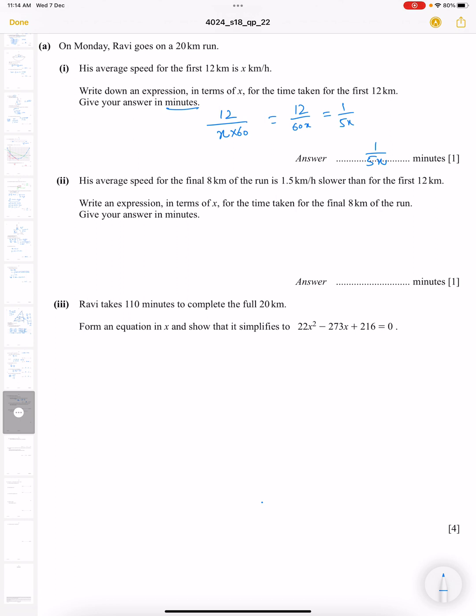So the next part, his average speed for the final 8-kilometer run is 1.5 km per hour slower than the first 12 km, meaning x minus 1.5 km per hour is the speed for this part. Write an expression in terms of x for the time taken for the final 8 km, again in minutes. So for the final 8 km, it will be 8 by x minus 1.5 as the speed multiplied with 60. Simplifying, we can get 2 over x minus 1.5 times 15. Ravi takes 110 minutes to complete the full